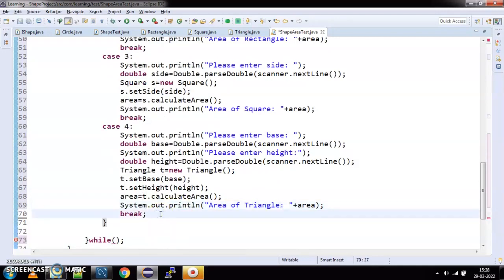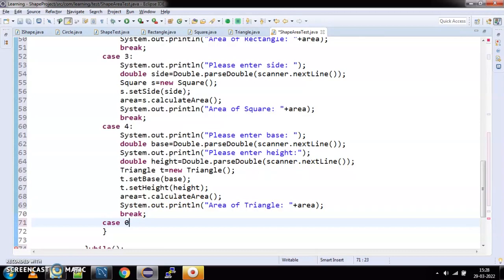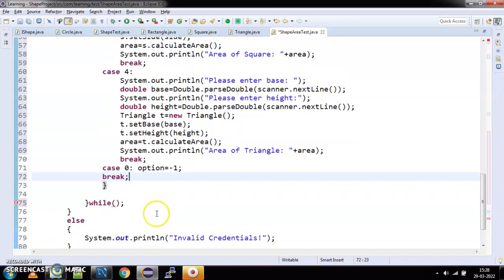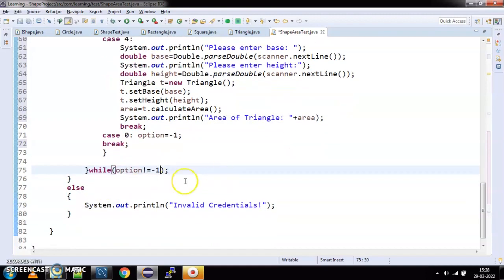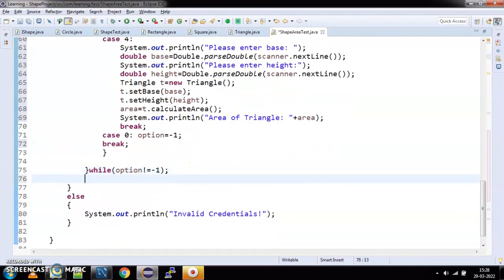Similarly, for the last case, that is case 0, what I just need to do here is set my option variable to -1. I can say option equals -1 and break. Because this is what I'm going to use as a condition below in the do while loop. That is, this loop has to keep going till the time the option is not equal to -1. Okay. Once this is done, it will come out and we can say